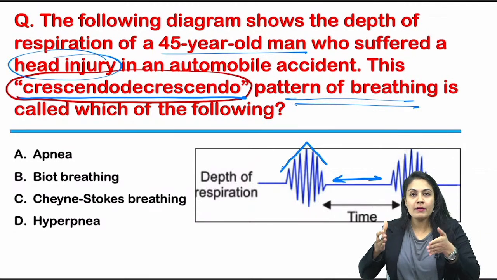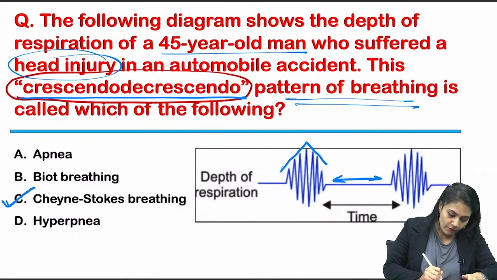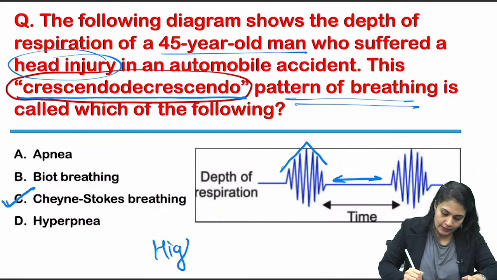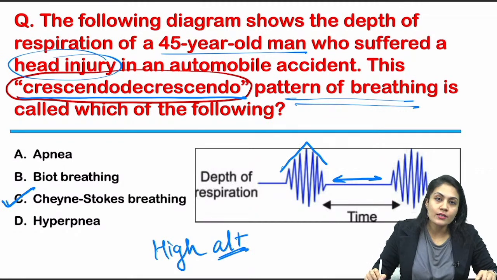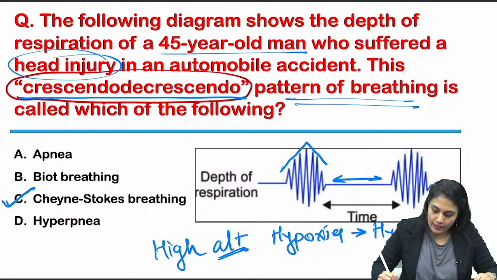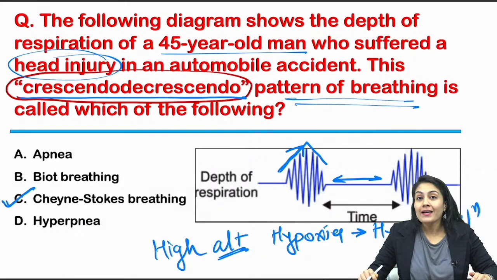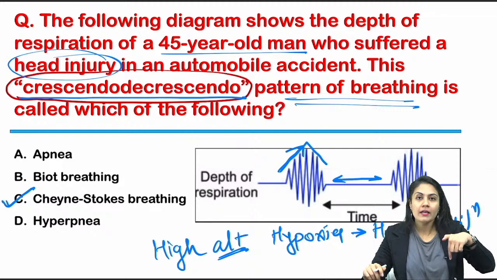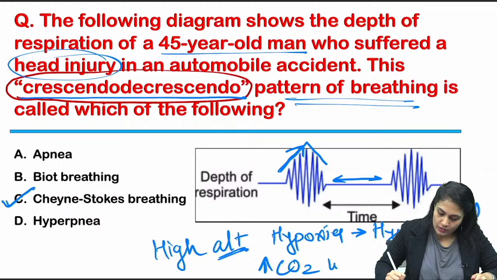Hyperventilation, apnea, hyperventilation, apnea. In which case is it seen? Very good, Cheyne-Stokes. Physiologically it is seen at high altitude. As we go to high altitude or in Cheyne-Stokes, there is hypoxia taking place. That's why patients start hyperventilating. There is a gradual increase in the breathing, right? But what is happening with that? More oxygen is coming inside the body, but because of the hyperventilation, there will be more carbon dioxide washout,